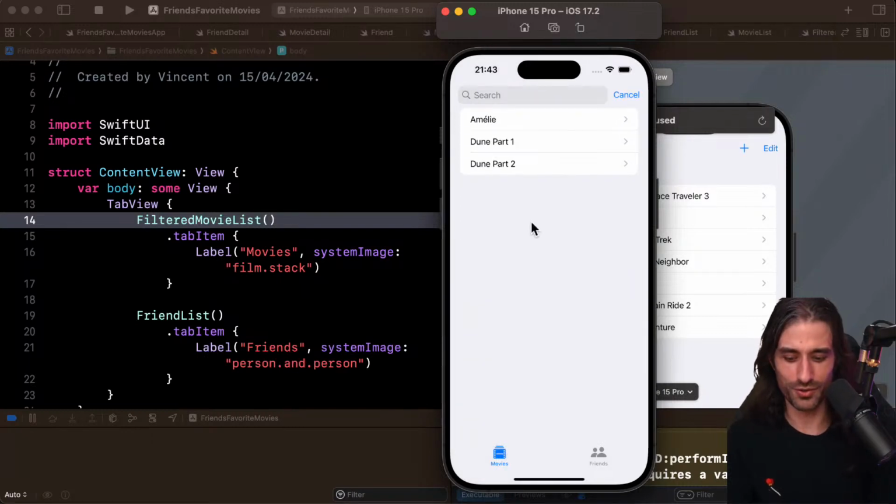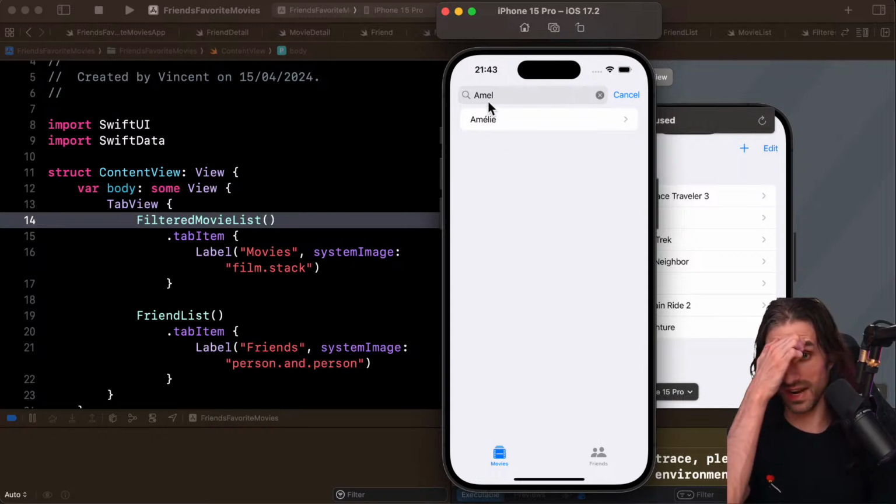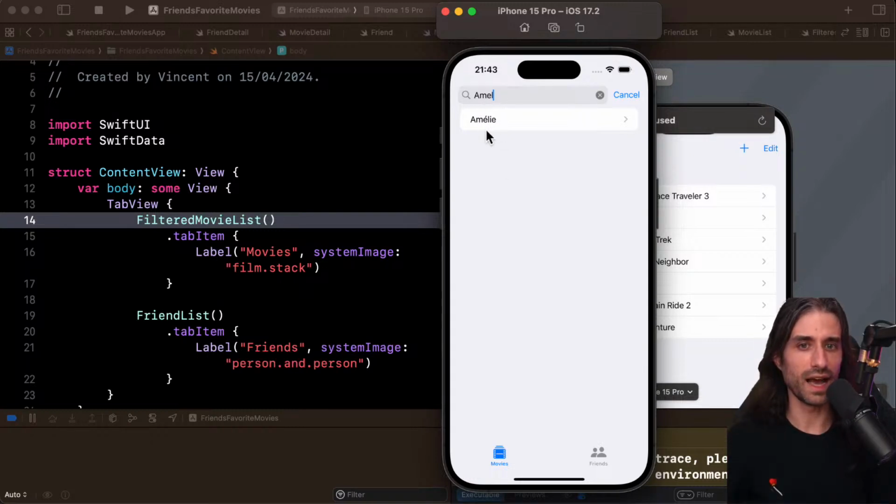And what I wanted to show also is that the search is diacritic insensitive, because I didn't put an accent over the E, and it's still matched with the movie, which does have an accent over the E. So once again, the interest of using functions like localized standard contains or localized standard compare, because they give you a really nice UX. And if you had to implement this behavior yourself, it's harder than it seems, because you need to know about.